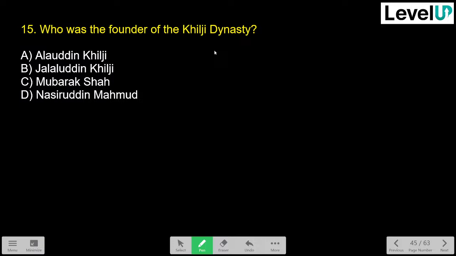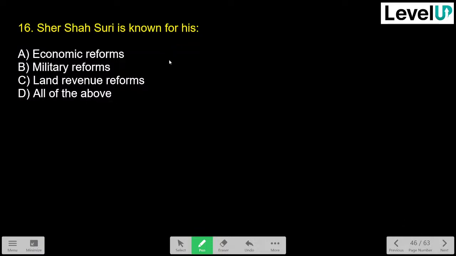Who was the founder of the Khilji dynasty? It is not Alauddin Khilji, rather it is Jalaluddin Khilji. Alauddin Khilji was the nephew of Jalaluddin Khilji, right? Next, an easy one. Shershah Suri is known for his...